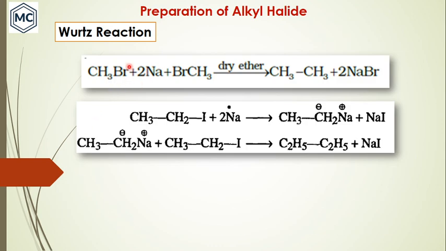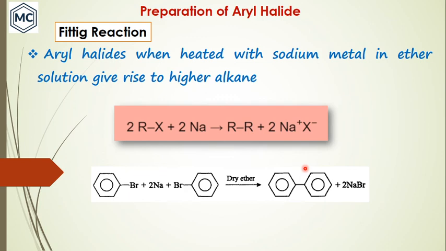An example for a Wurtz reaction is methyl bromide. It gives the higher alkane ethane, and if you use ethyl iodide, you get the higher alkane, that's butane. And the Fittig reaction is just similar to the Wurtz reaction, where aryl halide when heated with sodium metal in ether solution gives rise to higher aromatic hydrocarbon. That is bromobenzene with sodium, it gives biphenyl. This is